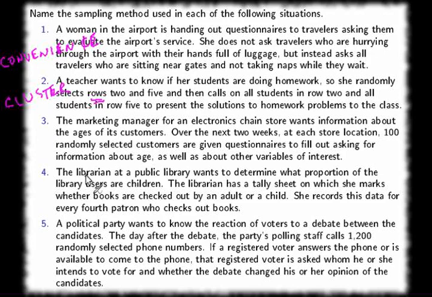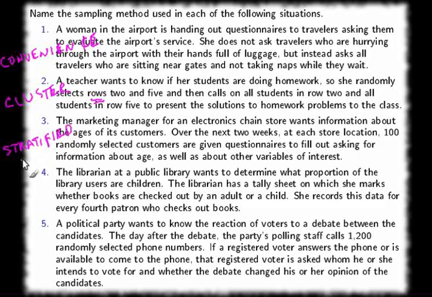Number 3. The marketing manager for an electronics chain store wants information about the ages of its customers. Over the next 2 weeks, at each store location, 100 randomly selected customers are given questionnaires to fill out asking for information about age, as well as about their other variables of interest. This is called stratified